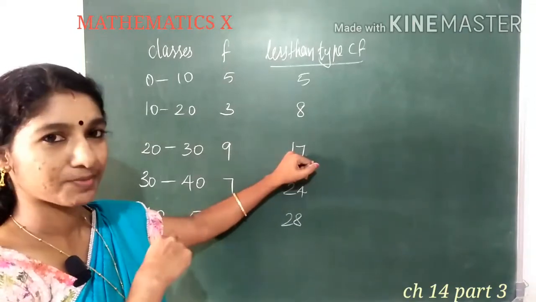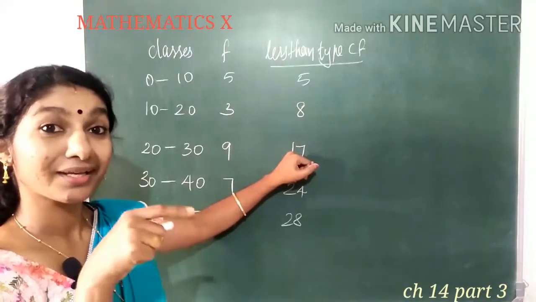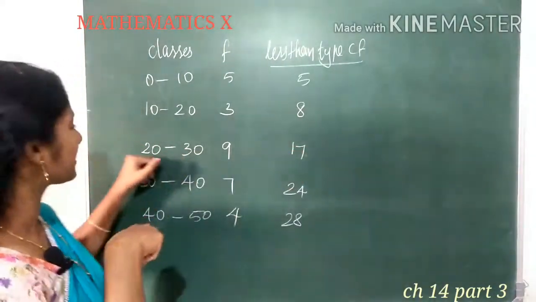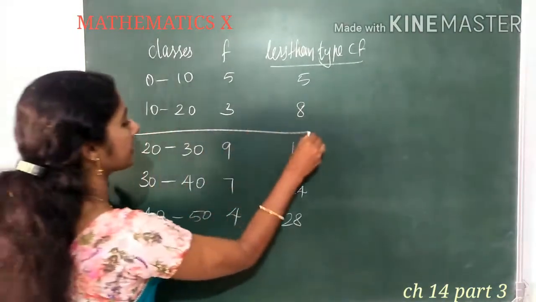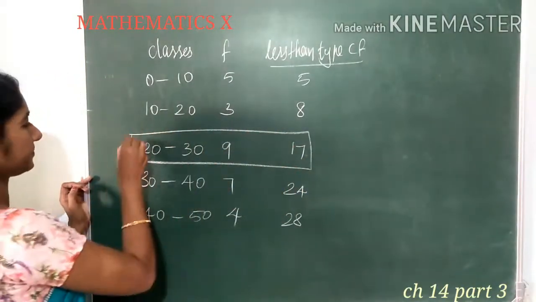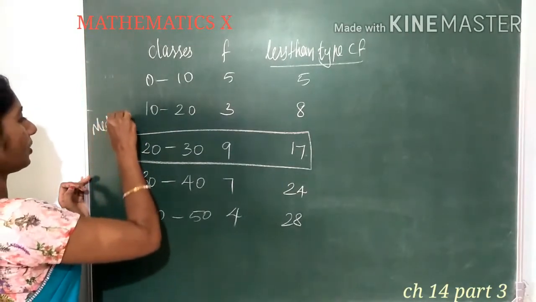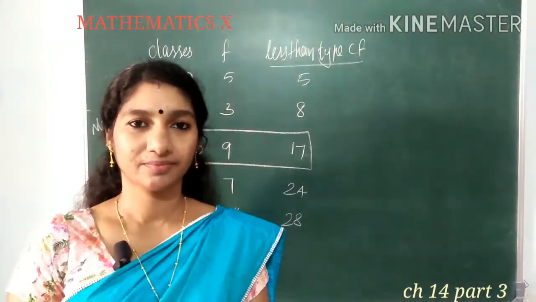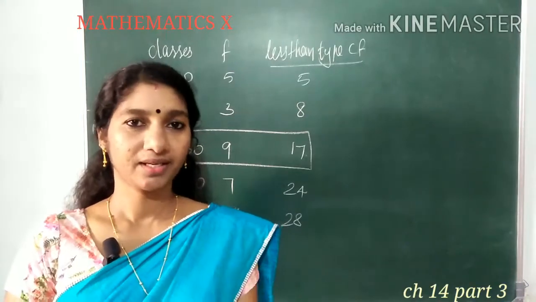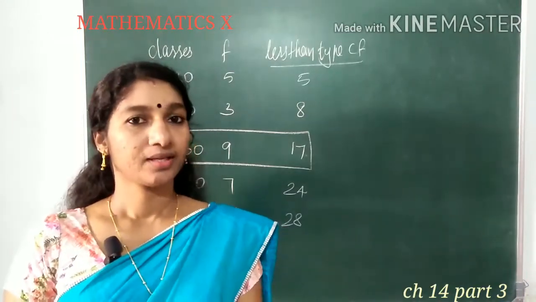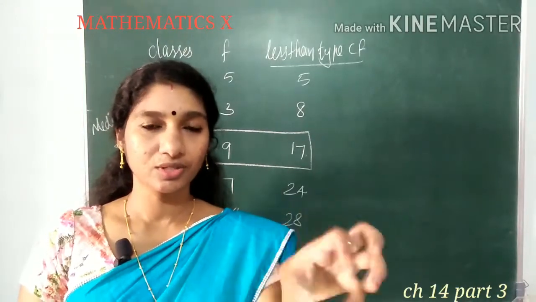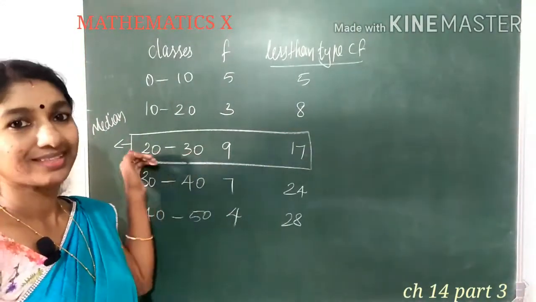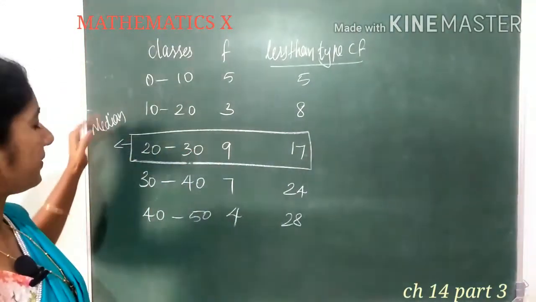Correct now? So which is our observation? Which is our middle value? 14th and 15th. So the 14th position and 15th position lie in which class? In this 20 to 30 class. So this class we will select as the median class. This class we are calling the median class. Like that, the median class is the class in which the middle value lies. Here the 14th and 15th observations are in the middle. Those positions carry in which class? The 20 to 30 marks class, in this class. Clear? So we got the median class.